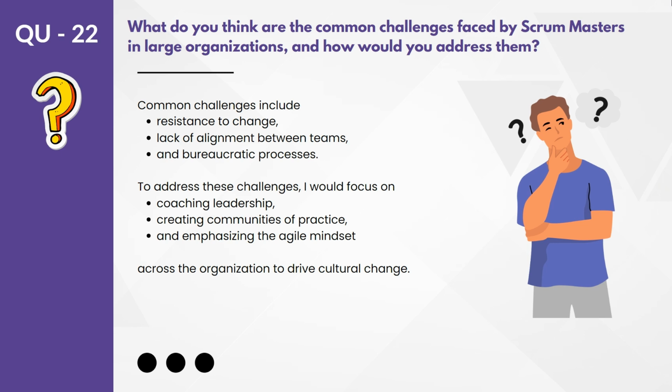To address these challenges, how can a Scrum Master take the necessary steps? Coaching leadership is not easy, but you have to coach the leadership team. At the same time, someone from the leadership should have the understanding that someone can coach them. If that understanding is there, and the senior leadership is willing to take the training, then definitely you should pass that training to them and make the roles and responsibilities very clear, so that they understand their responsibilities.